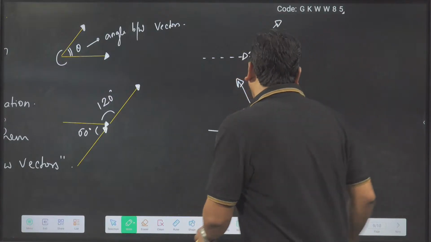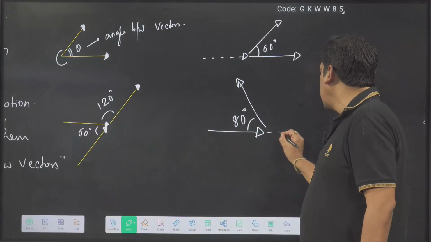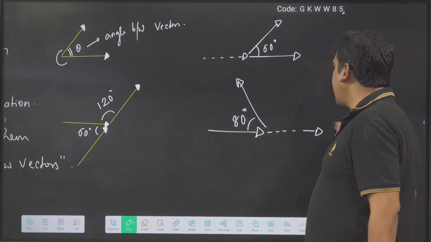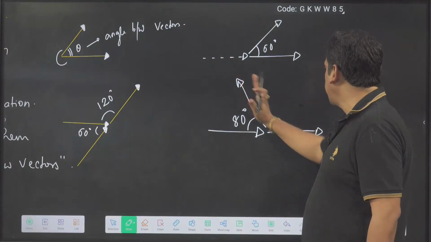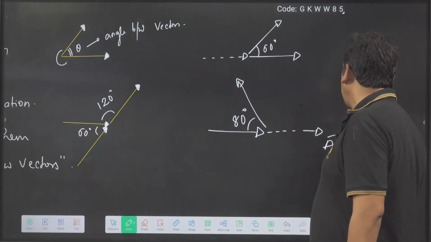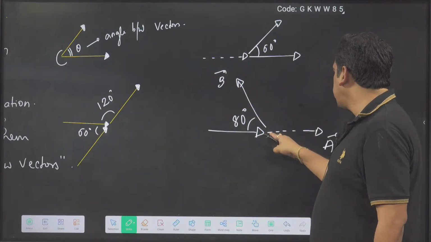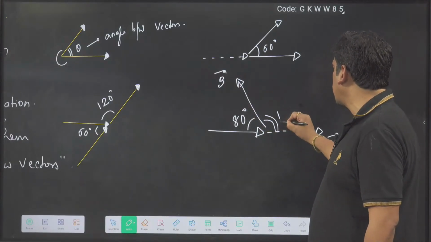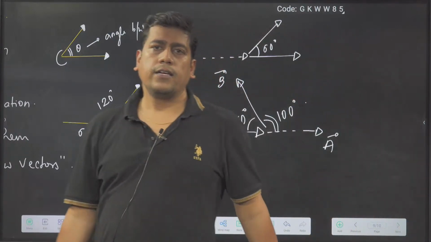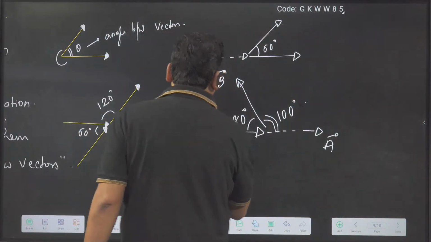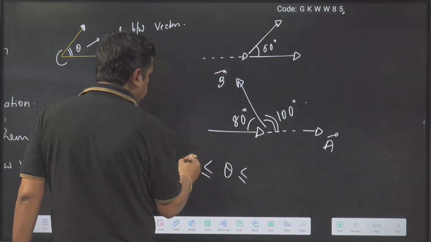So what we can do, either we can displace this horizontal vector to the right side. Then you should focus on this diagram, this vector and this vector. This is A vector, this is B vector. Okay? Now this is tail to tail. So focus here. This is 100 degrees. So that means one thing, the angle between vectors can lie only between 0 degrees to